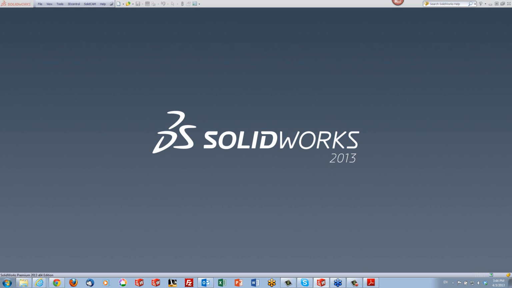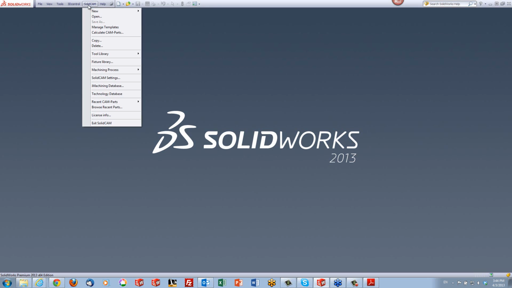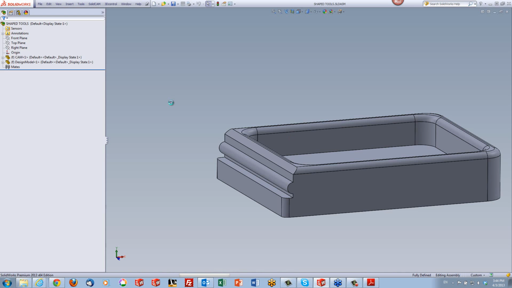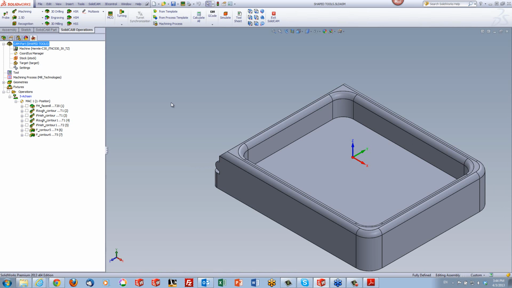Okay, question: if I change the feed and speed in the part tool table, how can I force the CAM job operations already programmed using these tools to use the new data? Okay. Let me open up a part that I just had before. I'll open up the exact same part. Now, obviously I'm not going to take an eye machining operation because it doesn't look at it at all, but let's look over here. In this operation,